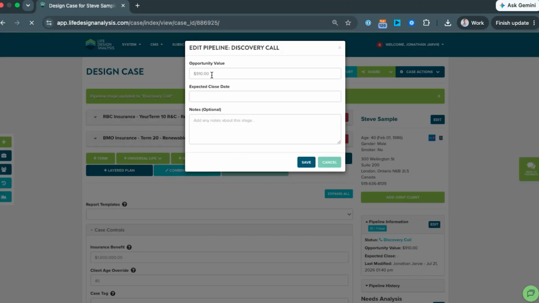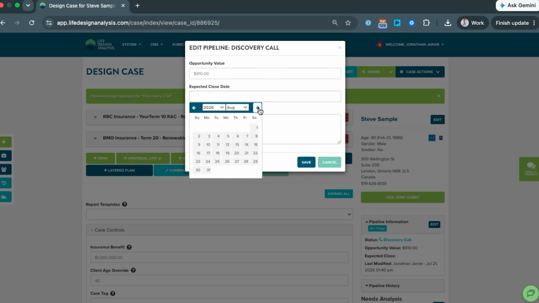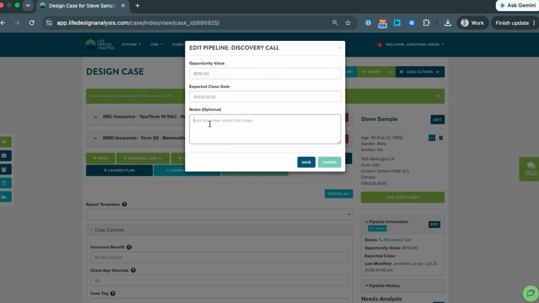The opportunity value that comes in automatically is the premium of, I'd say, the highest premium plan in your design case page. So in this case, that BMO T20, the annual premium of that is $910. That's why it's using that amount here. So then I could put an expected close date. So maybe I'll say it's September 1st, and I can add in a note. So I could say discussed these options with my client over the phone